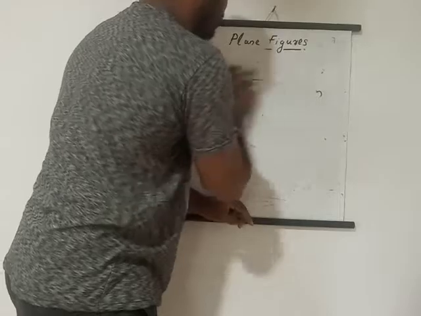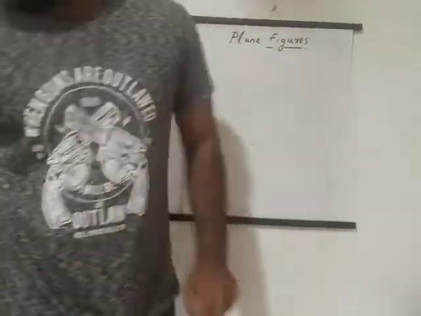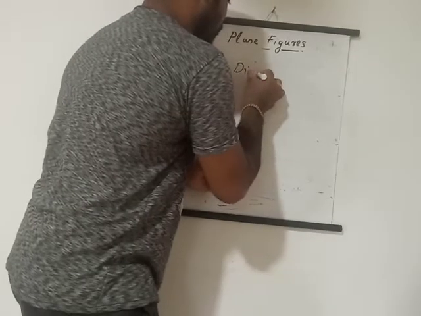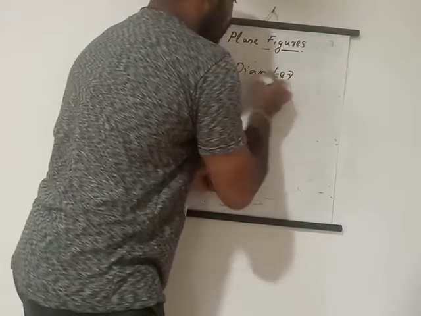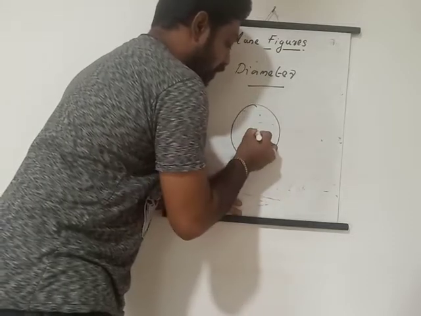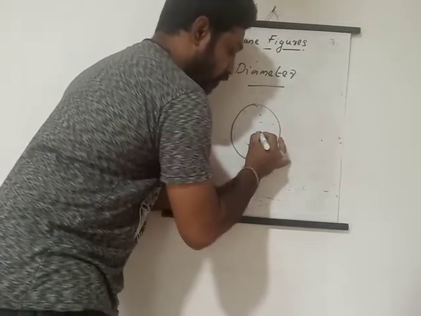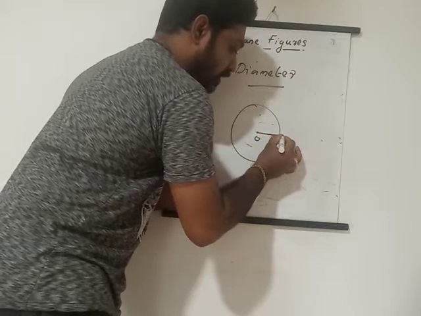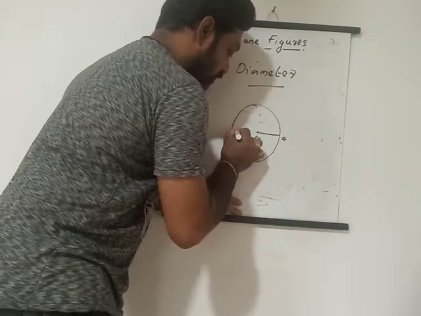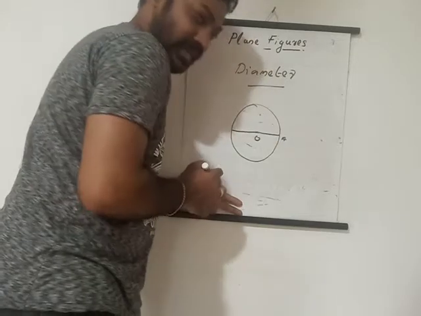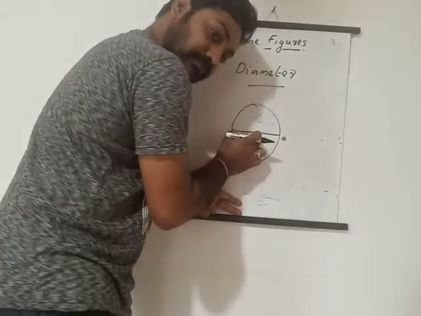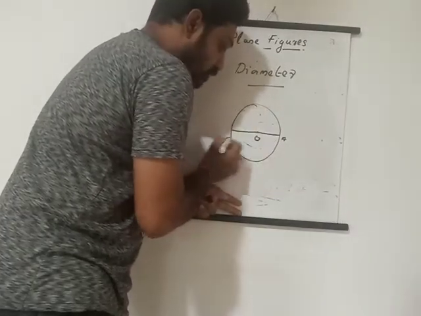So one more thing, that is the diameter. That also you have to learn. So there is only a small difference between the radius and the diameter. So what is the diameter here? This is the point I told you. If I am drawing this way, you will get the radius. What is this? Double the radius, isn't it? One radius is here and one radius here. So this is actually called what?